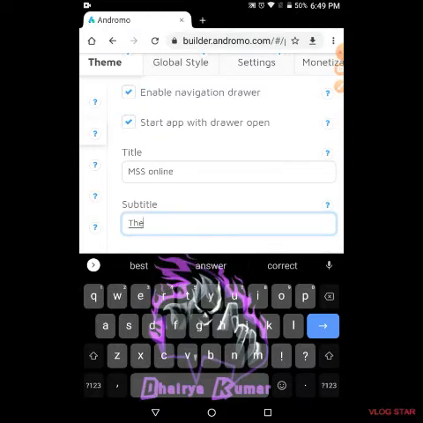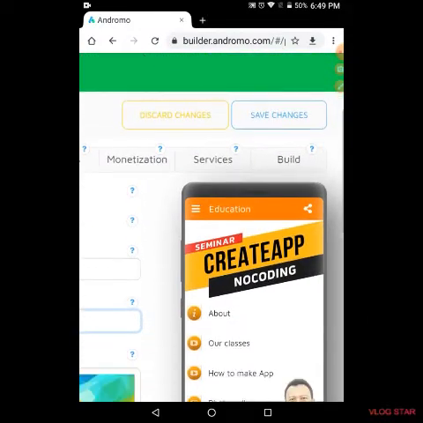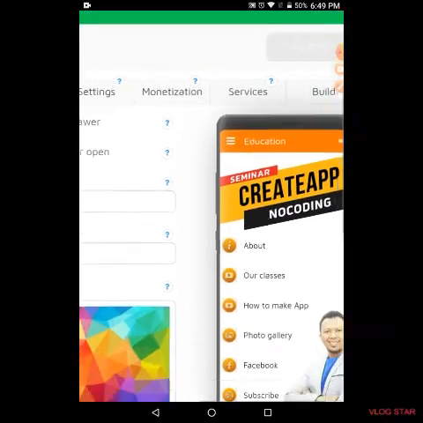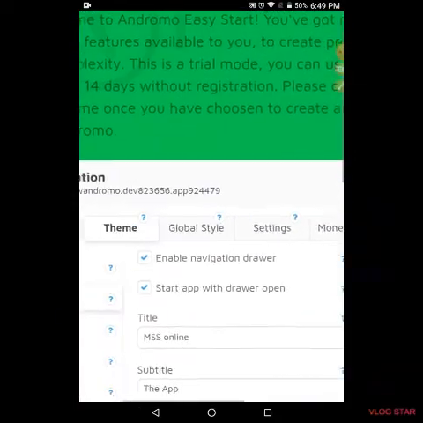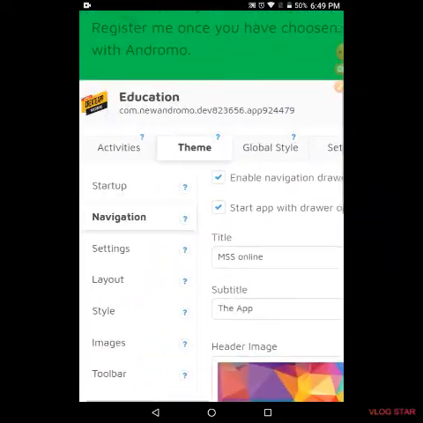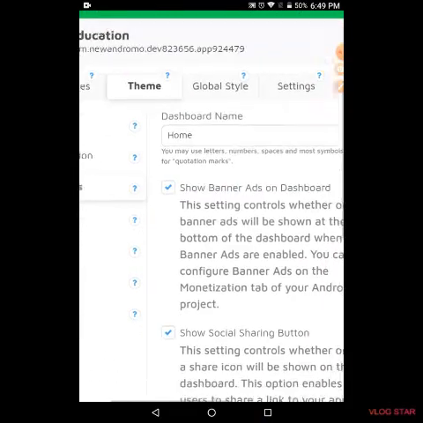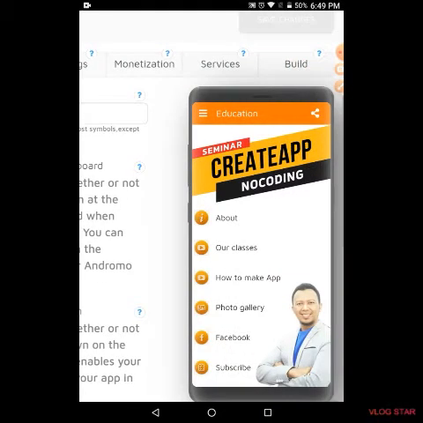A live preview will appear at the right of your screen. After you are done with the navigation, click on settings and then you can change the dashboard name.